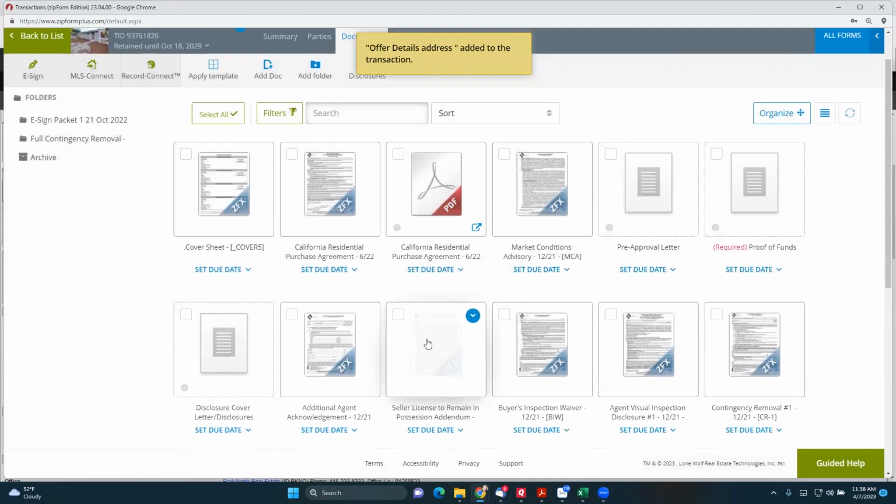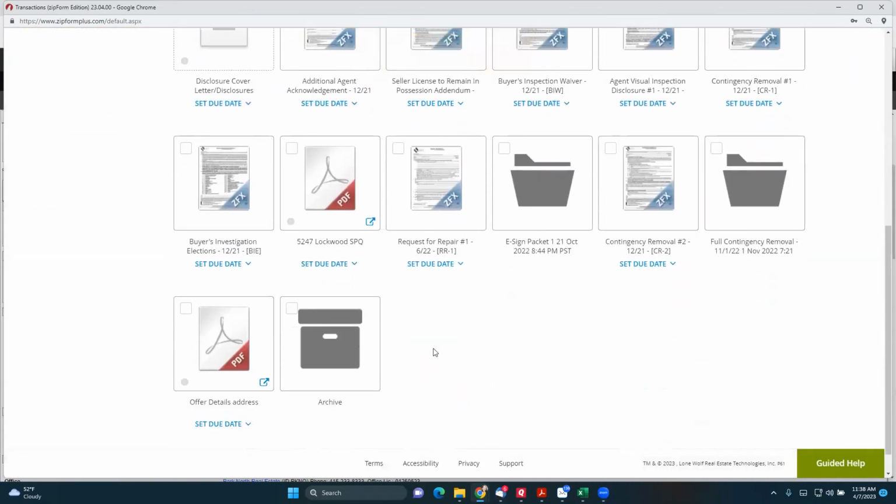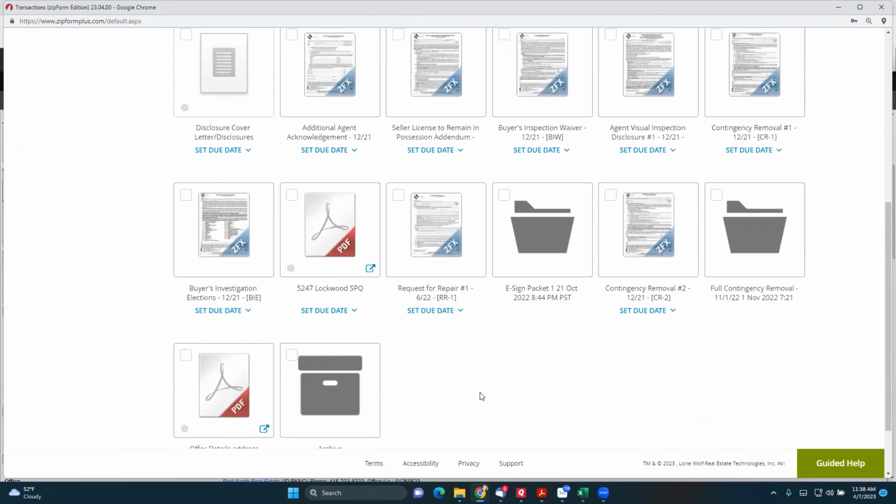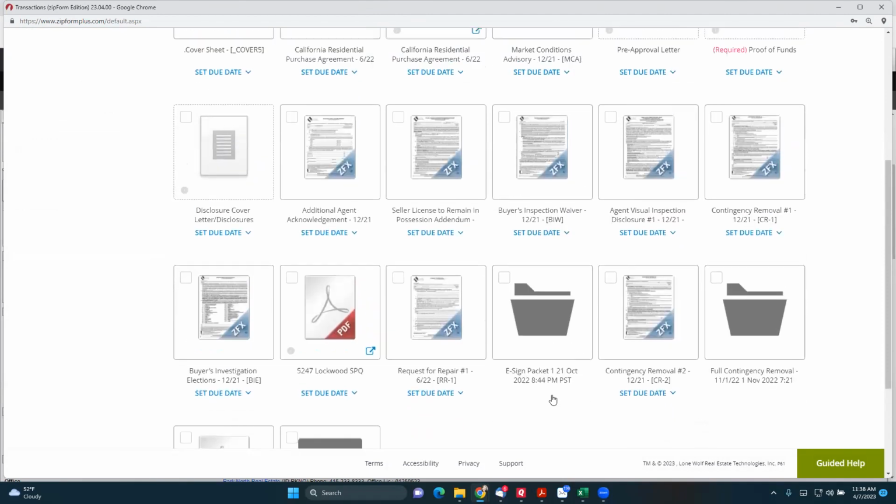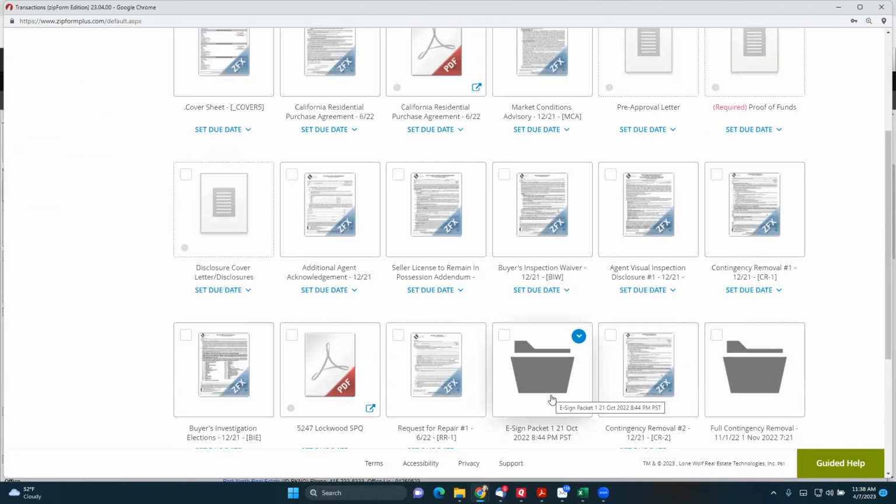And then you'll see here at the bottom, it added a new PDF, offer details, and that address. So it just pulled out the pages I needed and saved it as a new PDF there. Very convenient. If someone sends you a document, say they just sent you an offer,